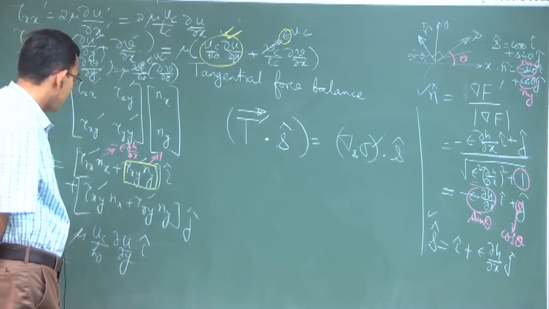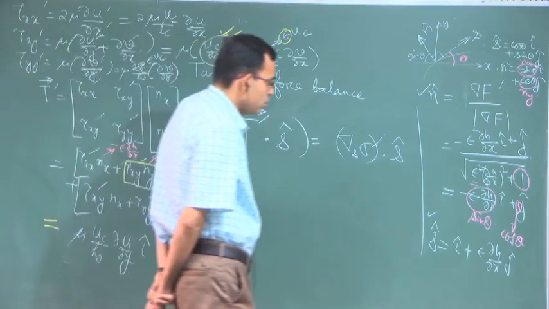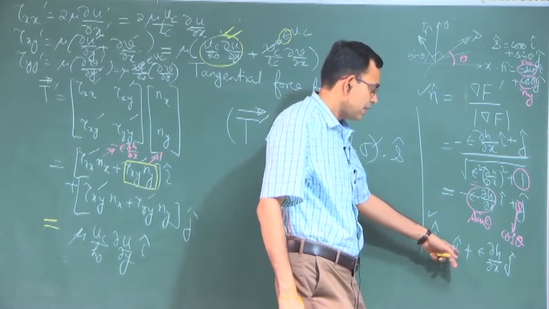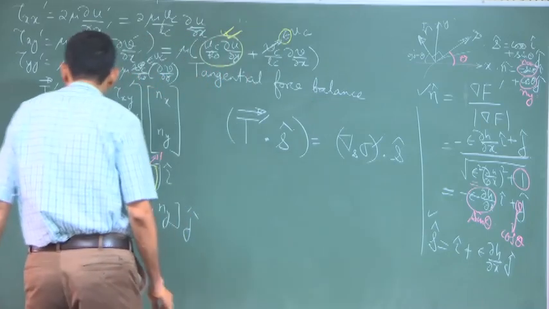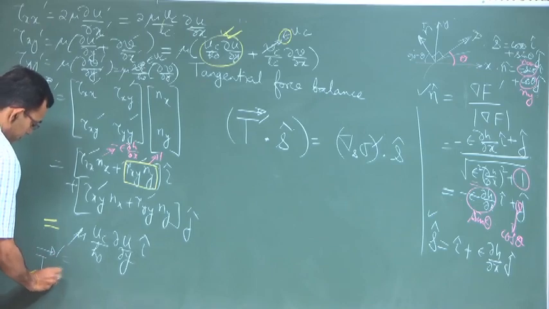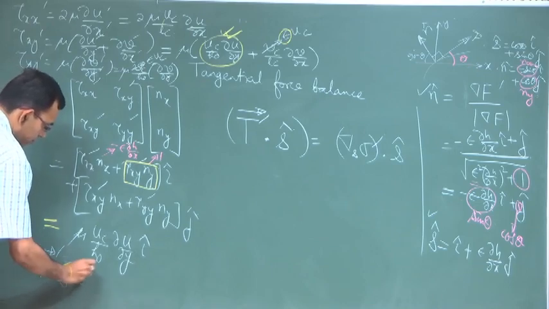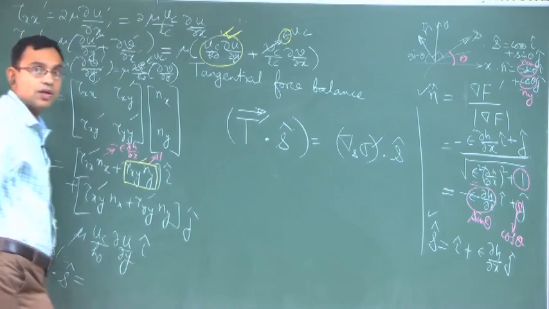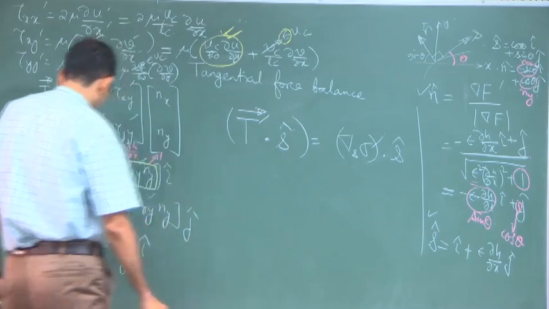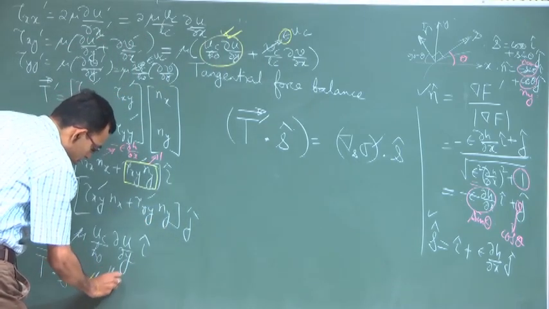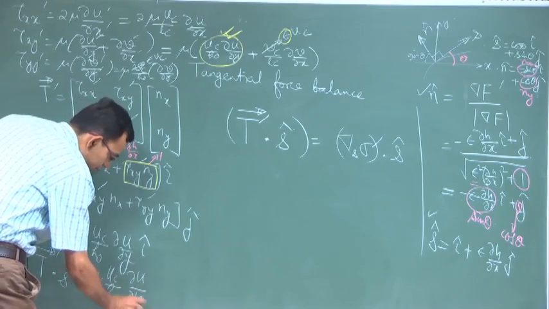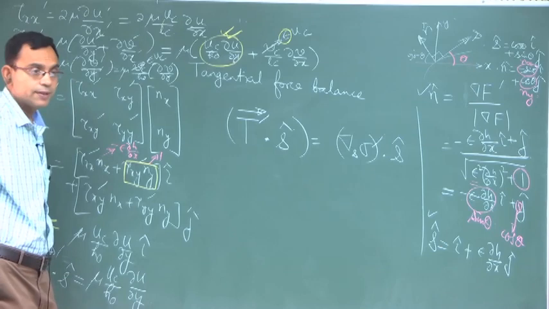Now, we have to make a dot of this with S. So, when you make a dot of this with S, I dot I will become 1 and J does not feature. So, this I will have a dot product with this I of S. So, it will be mu uc by h naught del u del y, okay.